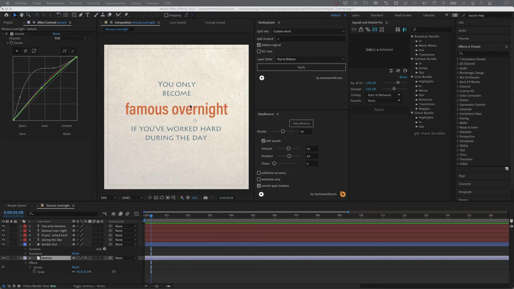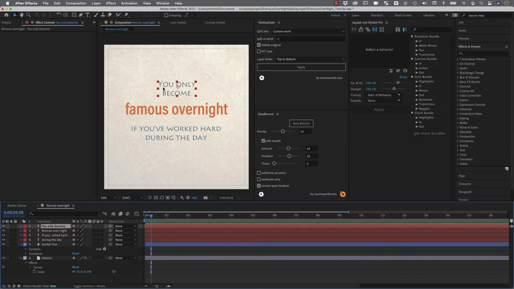Okay, now let's start animating these texts. The first thing we want to do is have every single letter of this design on its own layer, because we want to make them appear step by step, one after the other. I could, of course, do all of this manually, create lots of text layers with just one letter and align them as they should be, but this can be done much faster.